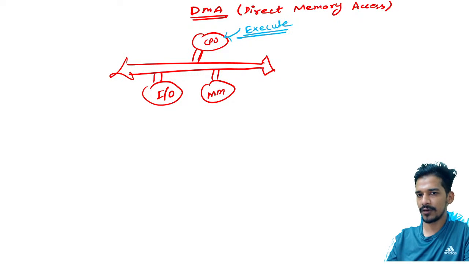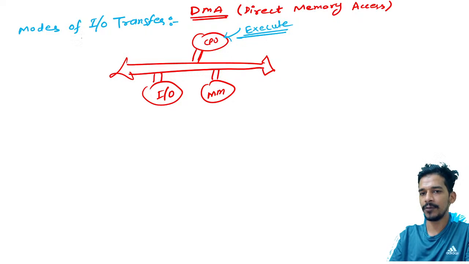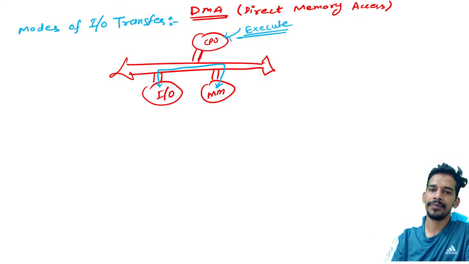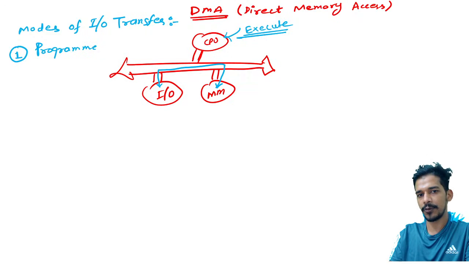Okay, there are three modes of transfer, called modes of IO transfer. Modes of IO transfer means if you want to transfer the data from IO devices to main memory or main memory to input output devices, or you can say from disk to main memory and main memory to hard disk, we can use three techniques. Those three techniques are called programmed IO, second is called interrupt driven IO,